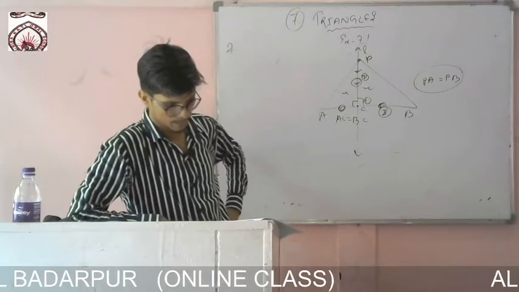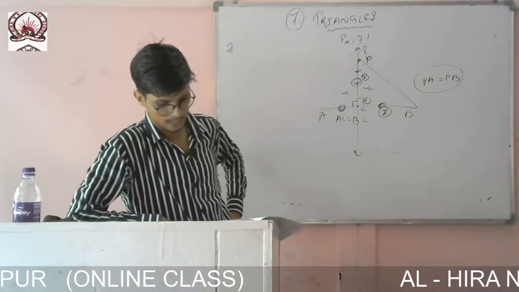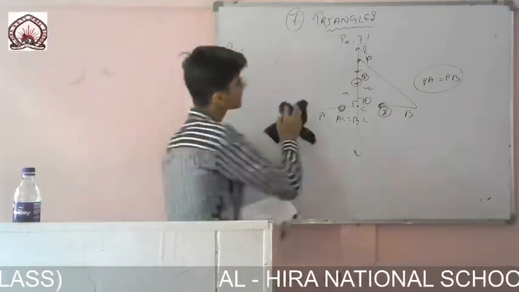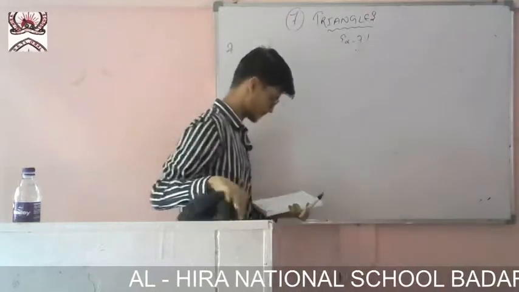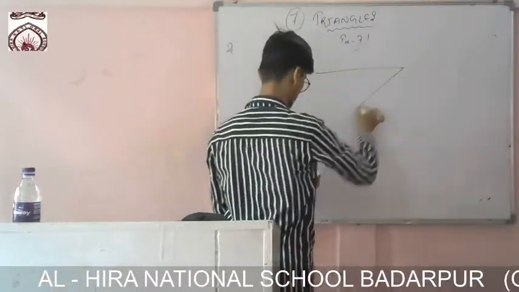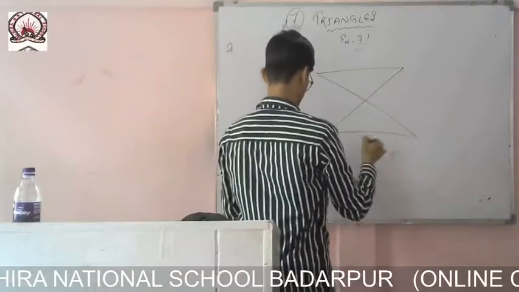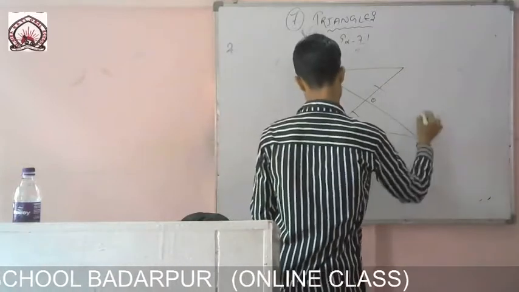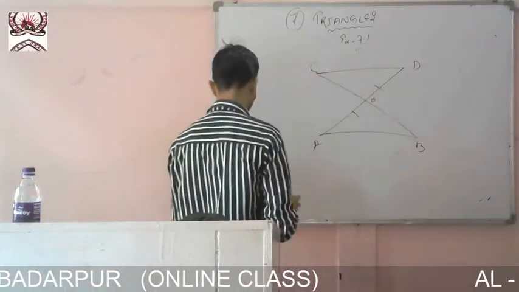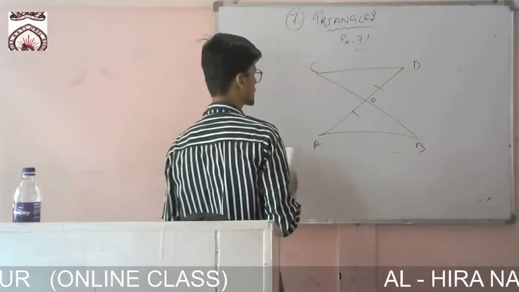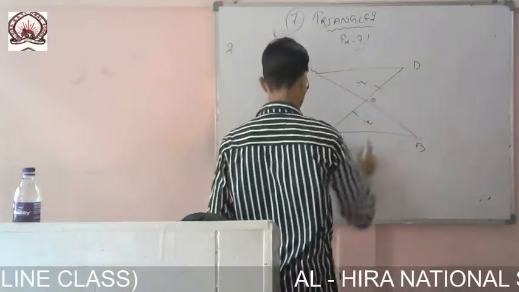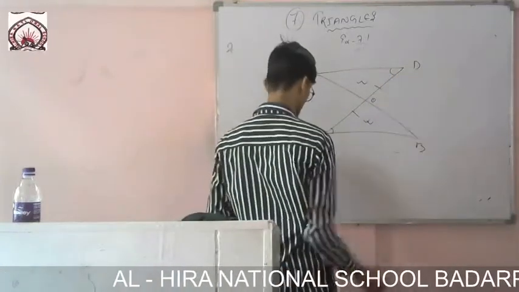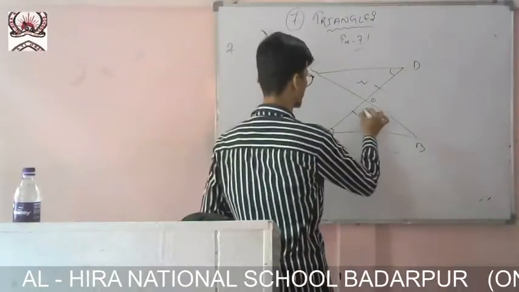Now let us go to example 3. Line segment AB is parallel to another line segment CD. So two parallel lines are given. You see the figure. So the figure is given like this. A, O, B, D, C, and these two lines are parallel, given, and you are to prove that these two triangles, triangle AOB is congruent to triangle DOC. So very easily I can show these two lines are parallel. This means this one and this one are alternate angles.